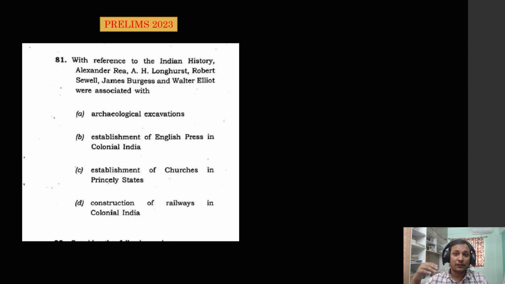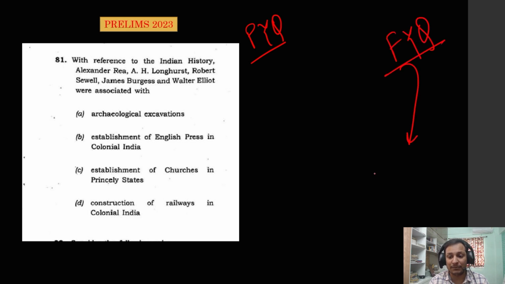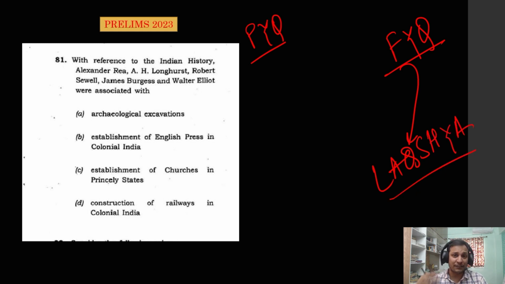And I have framed 2 future year questions. Okay, there is something called PYQ, meaning previous year questions, and I have framed 2 future year questions which I have put in my lecture test series in the NCERT and advanced test this year. And I am going to show you how I frame questions,